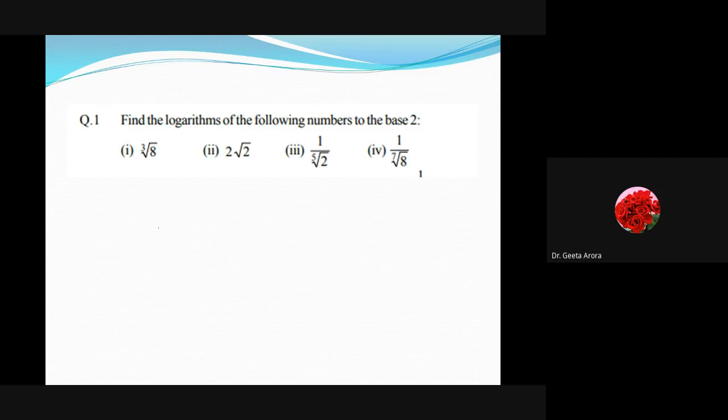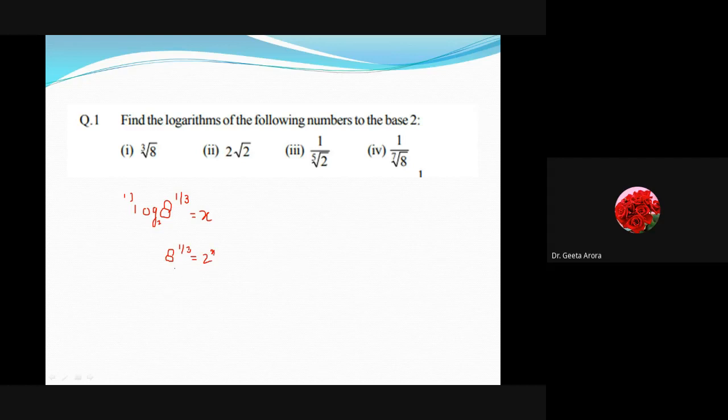Now here if we have to write down, let me write down the first part. Here we have 8 with this 3. So what we have to read is cube root of 8, correct? So we have cube root of 8, which means 8 raised to power 1 by 3, and we are looking for the value of log with base 2, correct? I am looking for that it should be x. We are looking for this x value. So how to calculate it? It means we are looking for 8 raised to power 1 by 3 to equal which power of 2? 2 raised to power x.